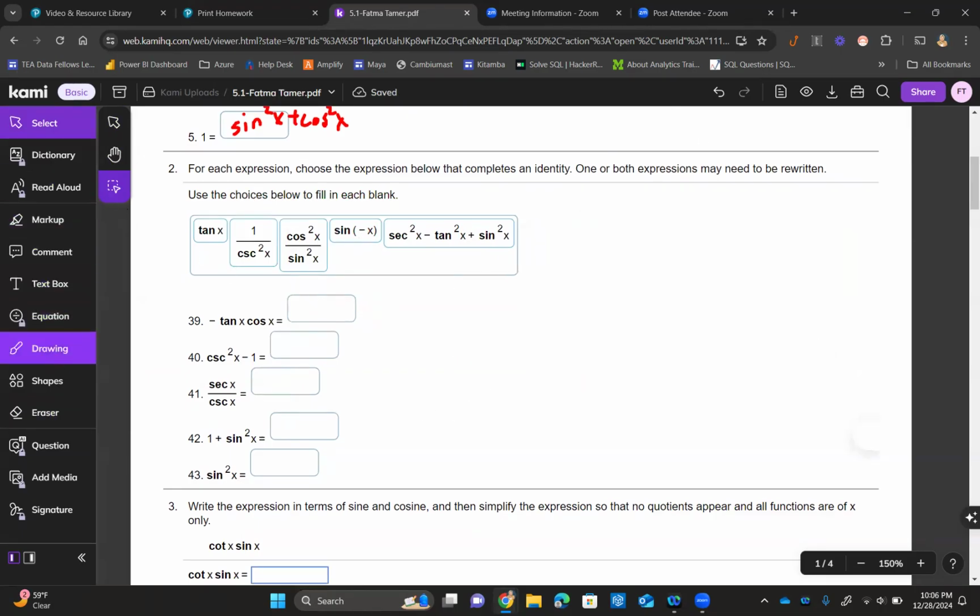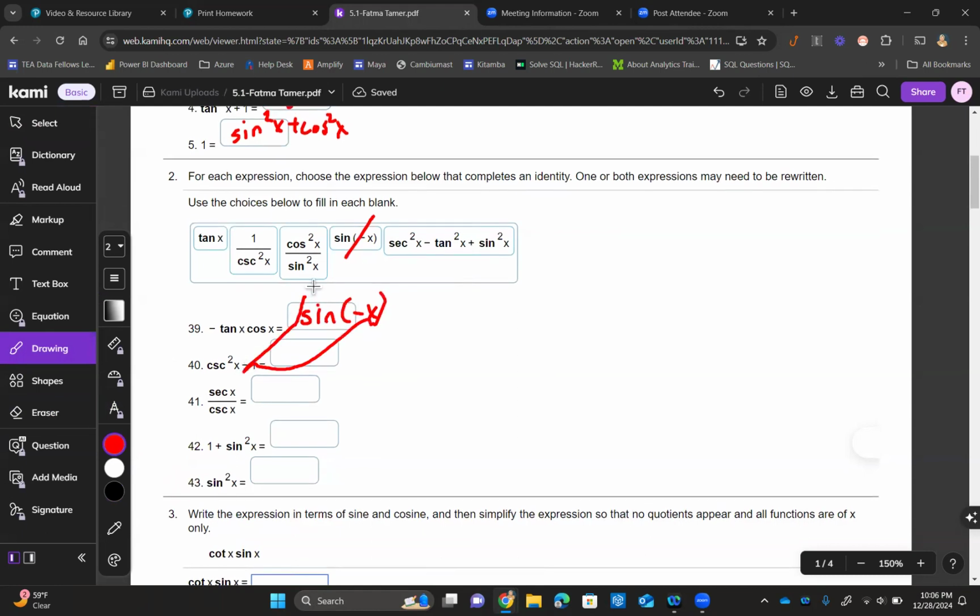So let's see, which one did we use so far? Which one did we not? This one, I replaced it with sine over cosine, and this was the same thing as sine of negative x. This one, cosine squared x minus 1, I believe. I remember this one was